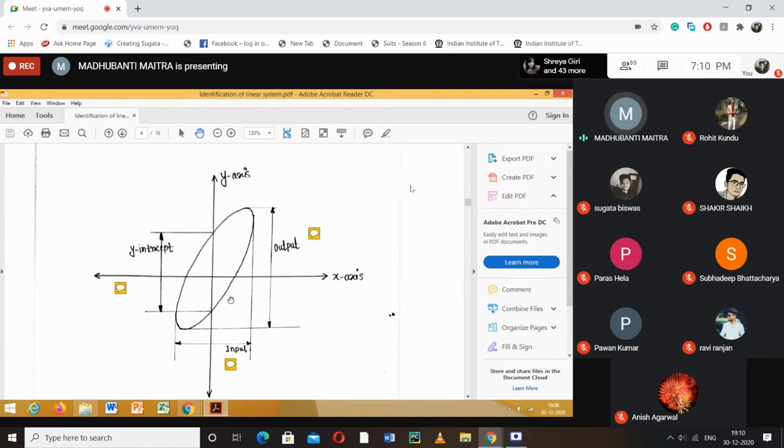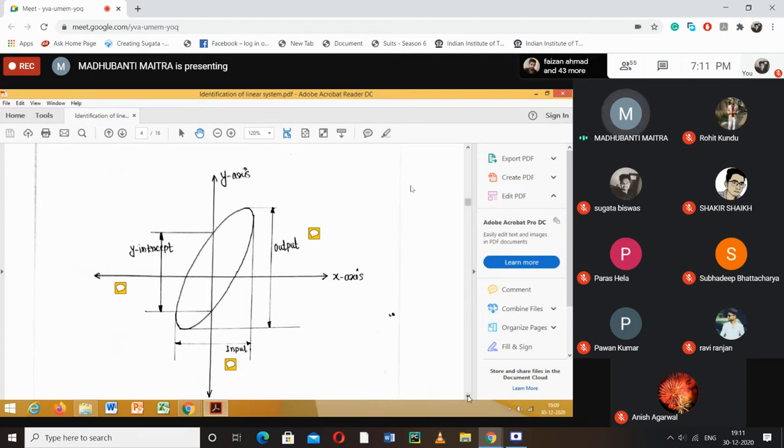Have you understood this figure as well as how we are measuring the output, the input, and this one? Yes, ma'am. And for each and every frequency, we'll have to check whether the input magnitude is remaining fixed at 6 volt or not, at a constant value or not. Instead of 6 volt, we can fix the magnitude at 8 volt as well. But the magnitude of the input sinusoid should remain constant for each and every frequency.